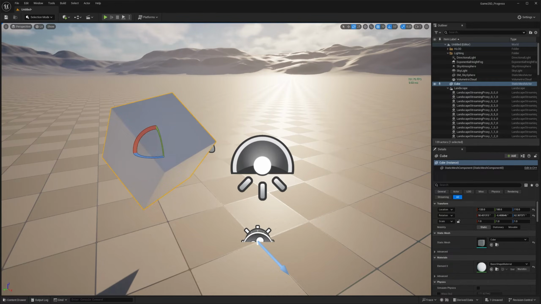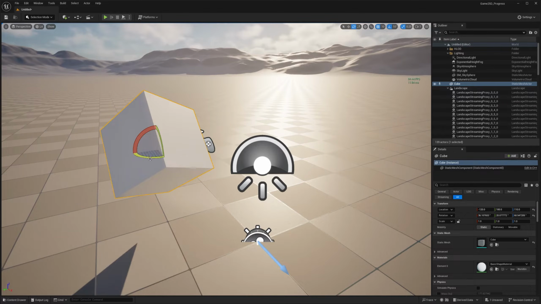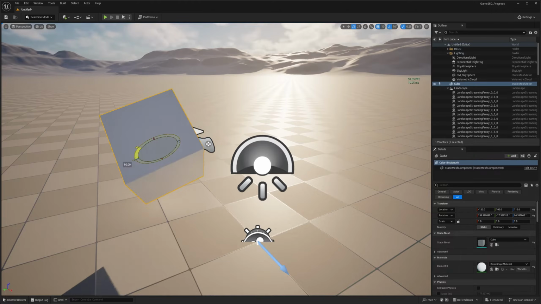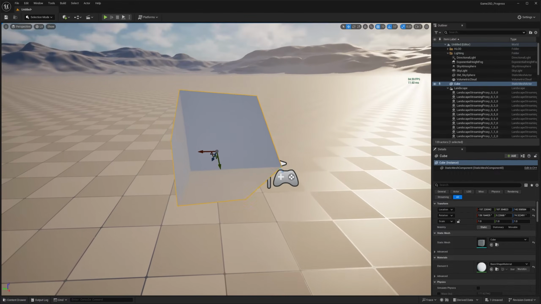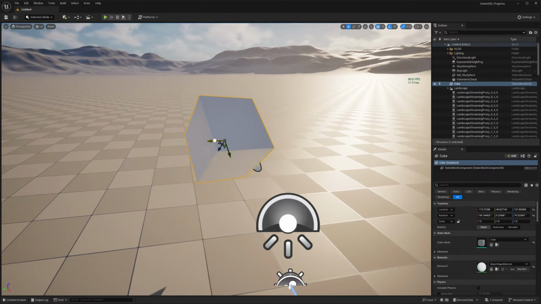Notice that my cube is on an angle, but my gizmo stays sharp, facing the world normal. That is because right beside it, you see this tiny planet? If you click on it, now I'm cycling between world position and local position. Local and world position also affect translation. So translations and rotations are affected by world position. I'm going to shift it back to world.